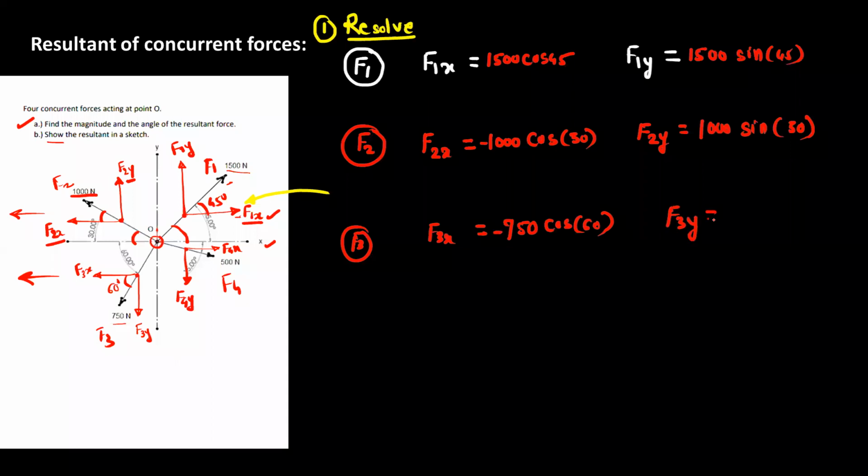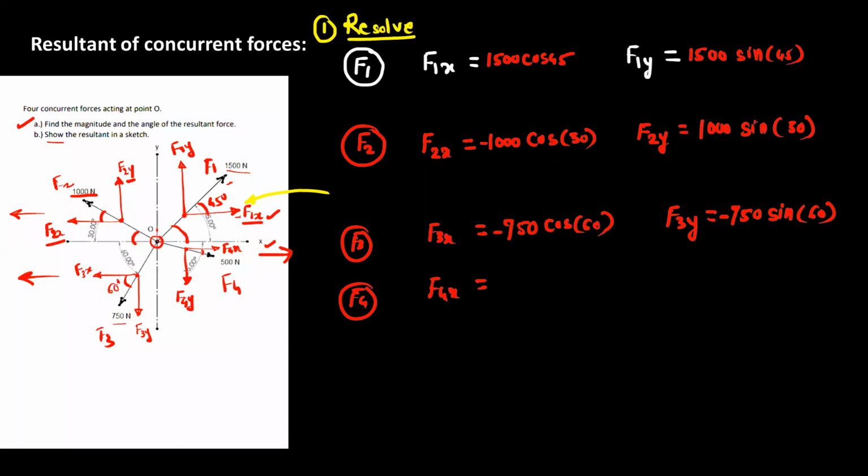And F3y is equal to, so F3y, it is negative y direction and it is opposite to angle 60. So net force is 750. Opposite means sine 60 and direction is negative y direction. Okay. And last is F4. So for the F4, its x component. So F4x, it is towards positive x direction. Okay. This small angle is given as 15 degree. So this angle will be same. It is 15 degree only.